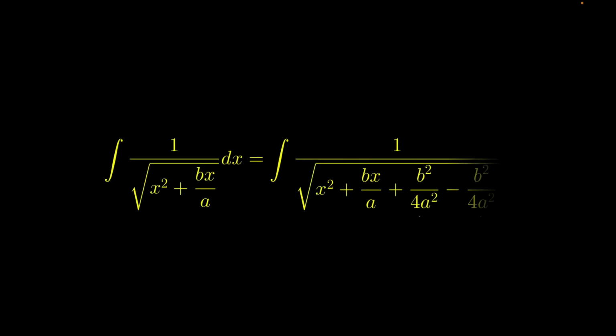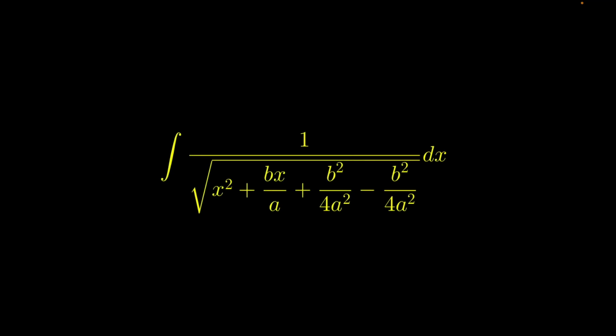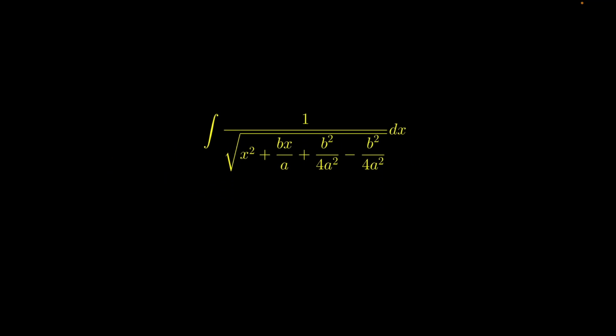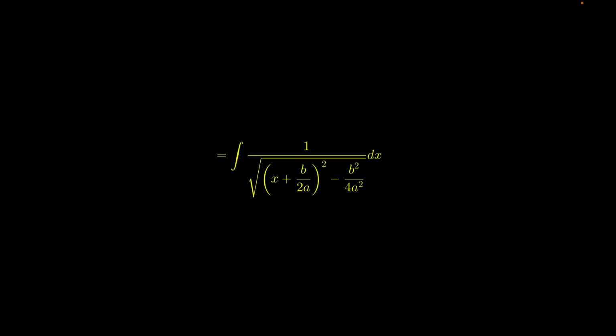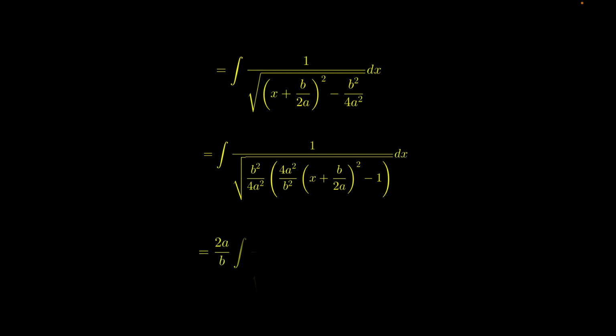Well, Bob. We are adding 0 again, because it looks a little bit like the binomial formula. And this time we're doing the adding of 0 inside of the square root. This changed the integral to the following. And now we see the binomial formula. Here x squared plus bx divided by a plus b squared divided by 4a squared, and here x plus b divided by 2a and the whole thing in brackets squared. So we are performing some little transformations now to simplify the integrand a little bit, and then we can finally